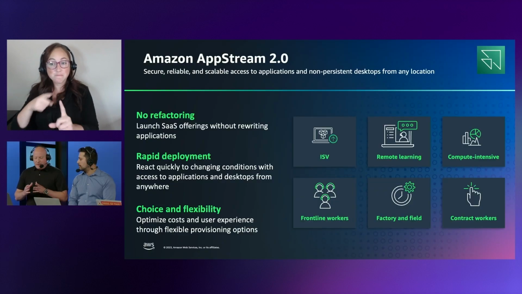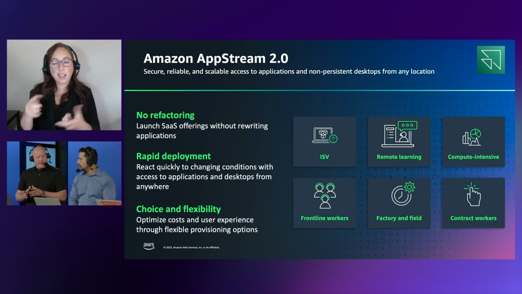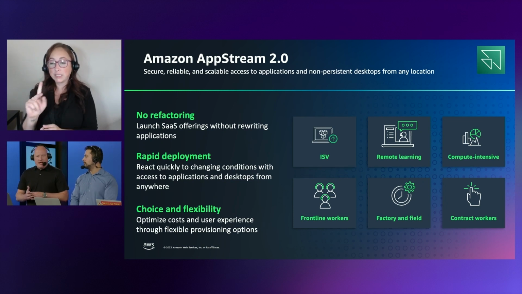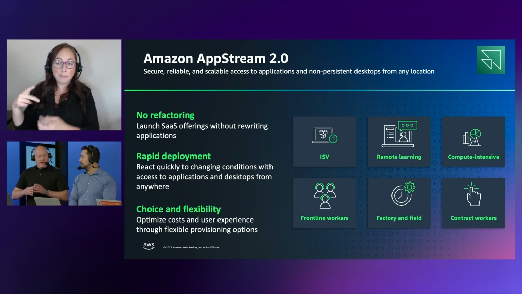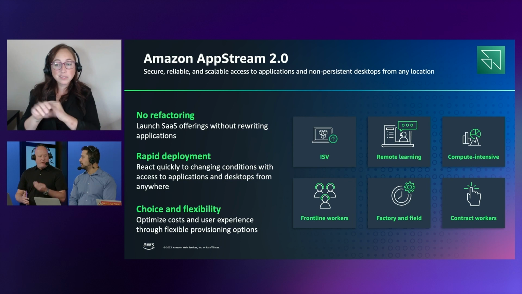I love it. Moving on, just to cover AppStream as a different solution, the key points about AppStream are rapid and elastic deployment of desktops and applications. And so its strengths really are about speed and flexibility. With AppStream, what you're typically providing is a lesser degree of personalization. What you normally see with AppStream are use cases and capabilities that revolve around a curated desktop experience or a curated application catalog where users can get in, access the files that they need, access the applications that they need, and have a consistent experience over time.